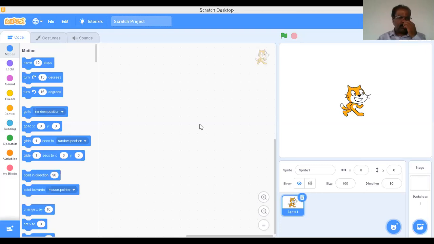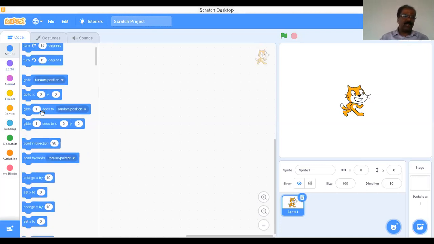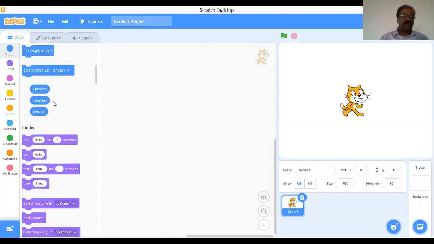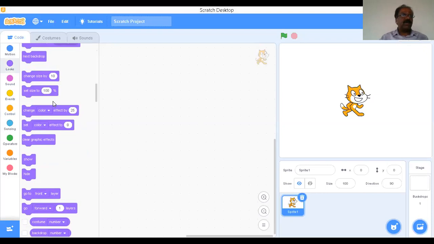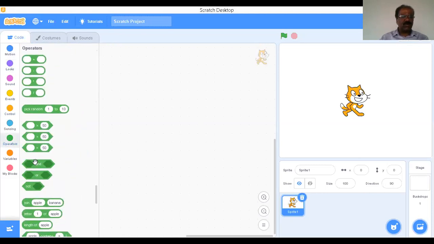Here, actually, all the blocks are there. We have different types of blocks to perform different operations. Without remembering or knowing any syntax, we can write the program using these blocks. It's also called block coding. Now I'm going to talk about operators. I'm going to click on operators. Under operators, we have so many things, but in this lecture I'm going to concentrate on arithmetic operators, which are binary operators that perform arithmetic operations.